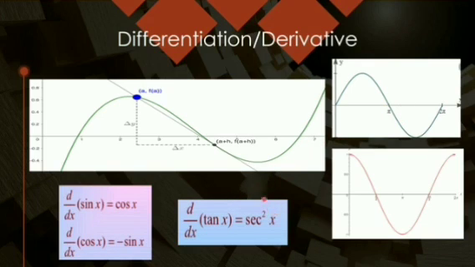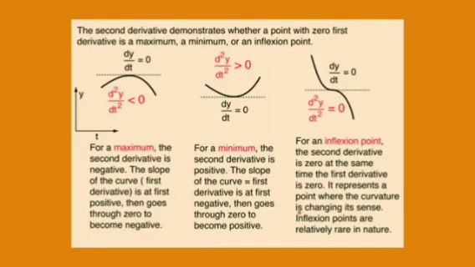So you can keep these three formulas in mind for later use, not to be used in this chapter. In kinematics we will not be using these formulas, and there are a lot of formulas given in your book, but you need not remember all of them. Only the x power n formula and the constant formula you should keep in mind for now. But this is just to add to your knowledge: at the maximum value, the derivative is always 0. Similarly at the minimum value, because the slope is 0, the derivative is 0.